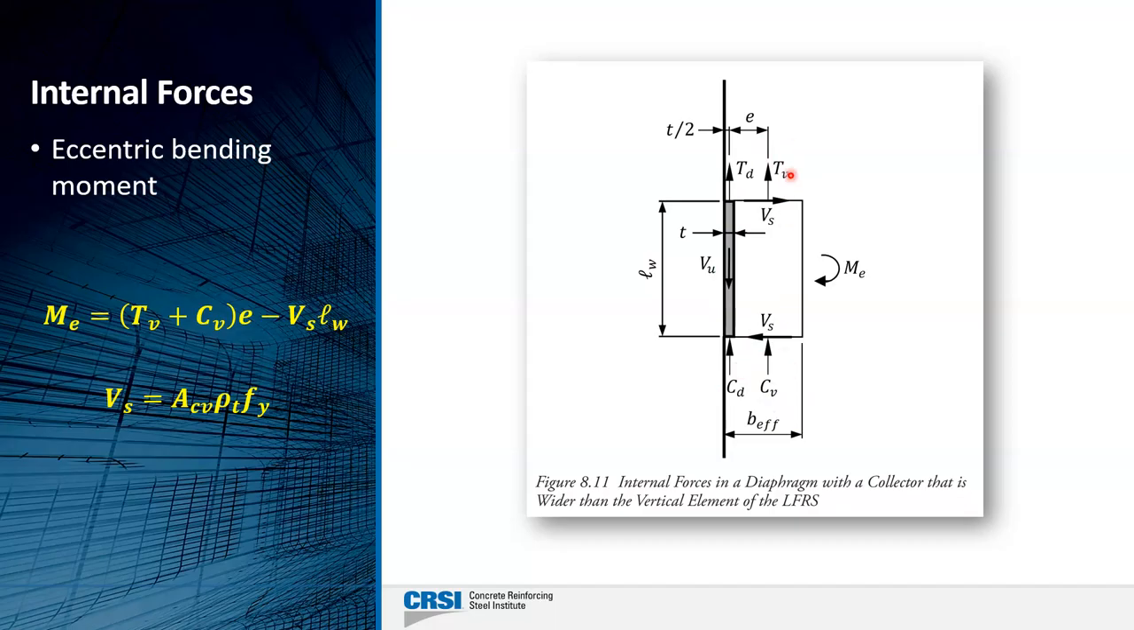What you'll notice here, obviously, is that these forces, T sub V and C sub V, occur at an eccentricity with respect to the center of the wall. So you develop a bending moment because of that eccentricity, and that bending moment is going to need some reinforcing bars to resist it. That bending moment is determined from statics, okay, of this particular free body diagram that's shown here. So this is the effective width over which we're going to take that shear transfer from the diaphragm into the wall. So once we calculate M sub E from this equation,